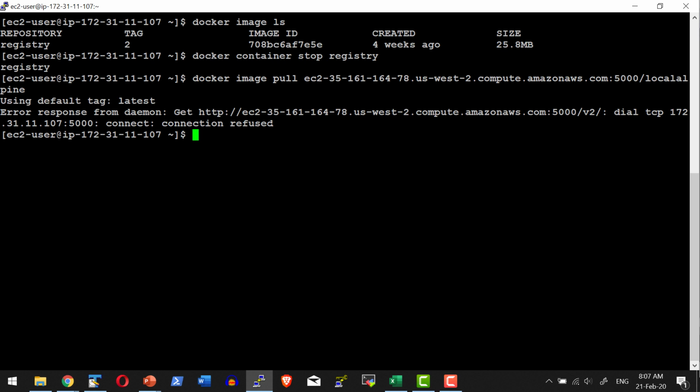So we have seen how to set up a local registry, and in case the registry is not configured to work with the HTTPS protocol, then it needs to be added as a part of the insecure registries entries, or otherwise the system should be configured to work with HTTPS, that is, in terms of procuring the certificate for the hostname and configuring it within the machine. A very good example of a secure registry is Docker Hub. As a part of the next lecture, we are going to see how to add an image into Docker Hub.